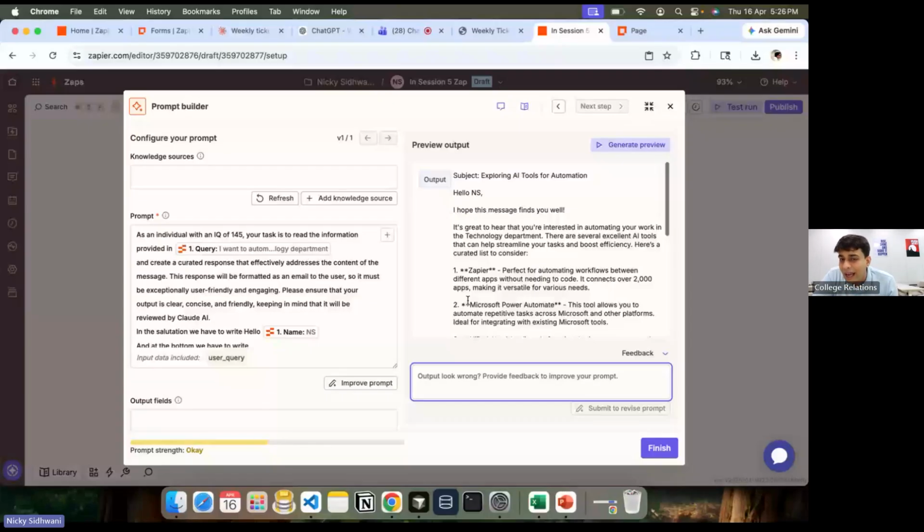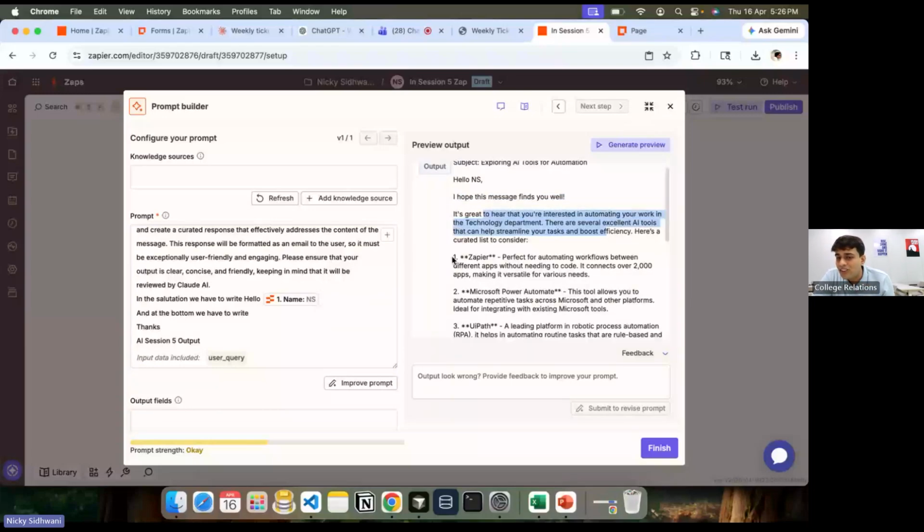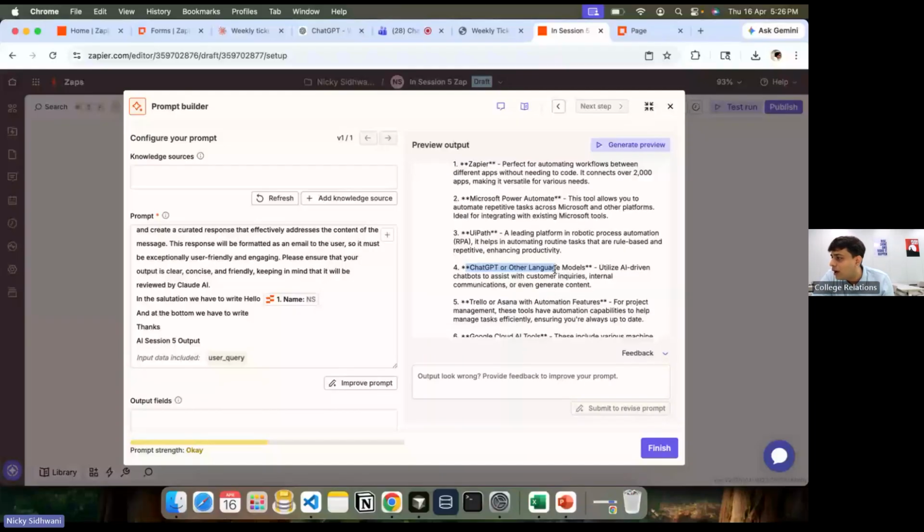It is giving me, hi NS. This is the name. If you remember, this is where we selected the name in the prompt. I hope this message finds you well. Great to hear you're interested in automating the work. It has created an email for me. Zapier is your tool. Microsoft Power Automate is your tool. UiPath is your tool. ChatGPT or any other language model, it is your